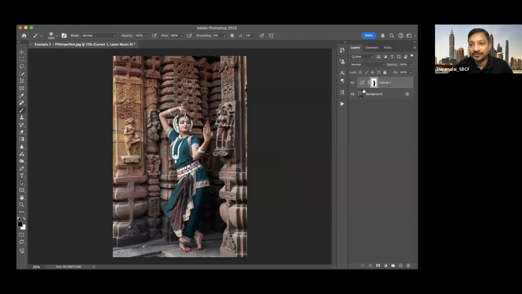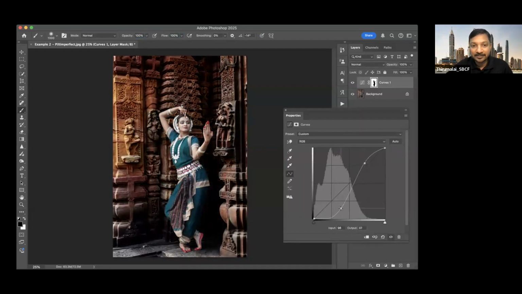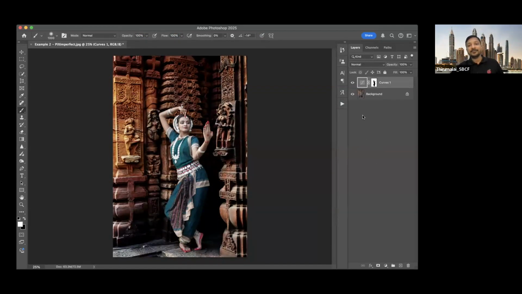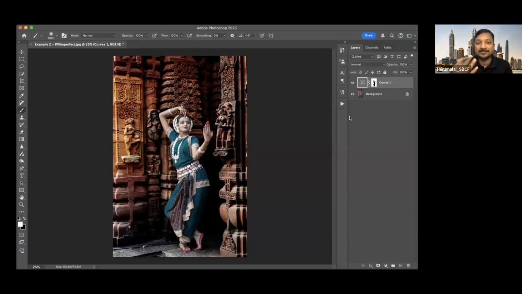So in order to see it better, I can make it darker. So you will see the effect better. You will see it affects only the surrounding and not the subject. I want this subject to stand out. Right. So again,